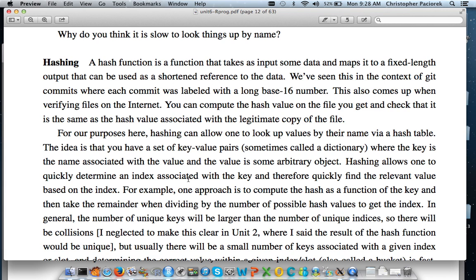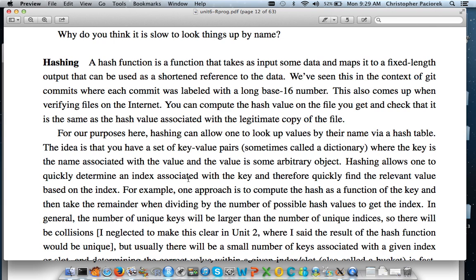One of the things that happens with these hash functions, and I wasn't very clear about this when I talked about it in Unit 2, is you don't necessarily get a unique index for different inputs. So the basic thing that's going to result if we're looking up things by name, by passing the name or the key through one of these hash functions, is you end up with objects stored in what are sometimes called buckets. So you might have different values that result from the hash function, and then we might have multiple different things stored in each of these